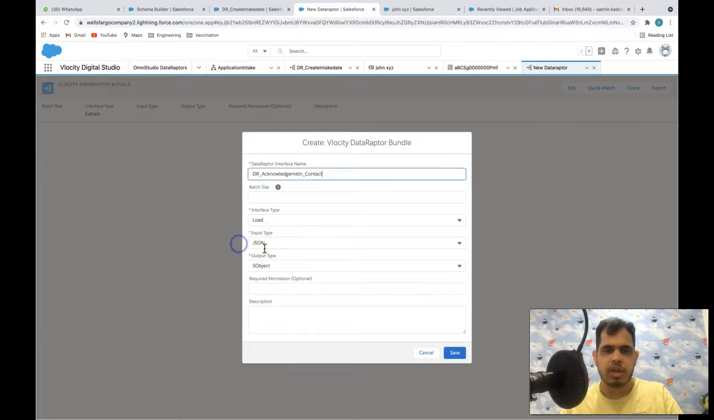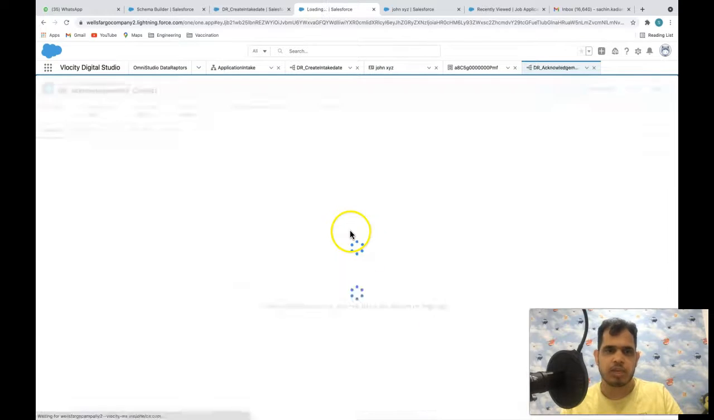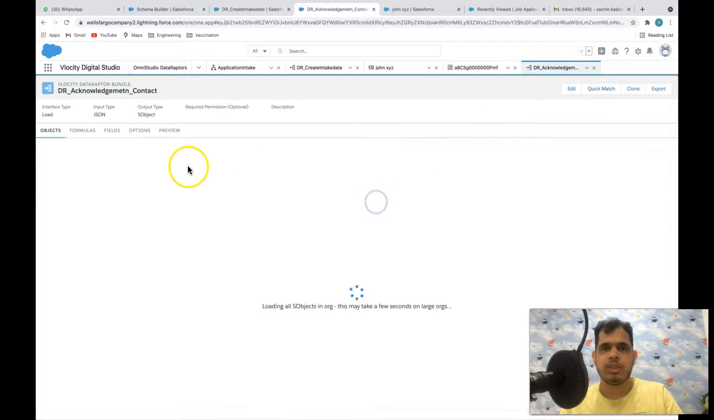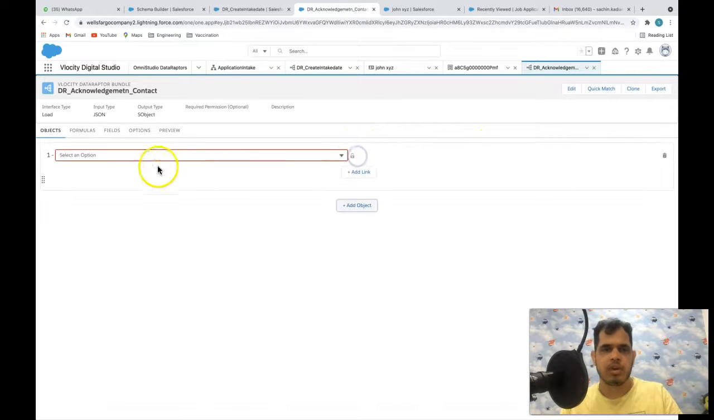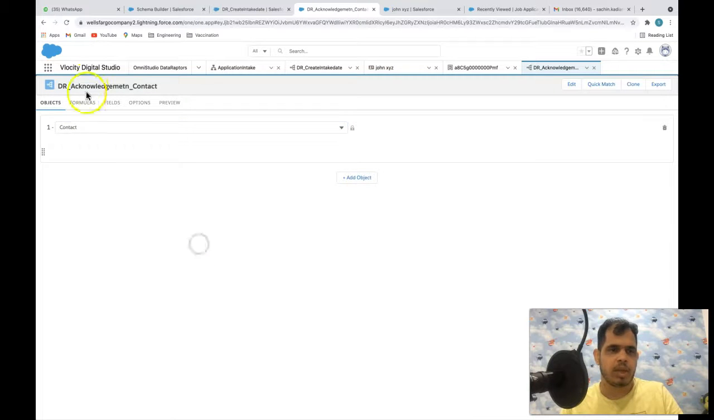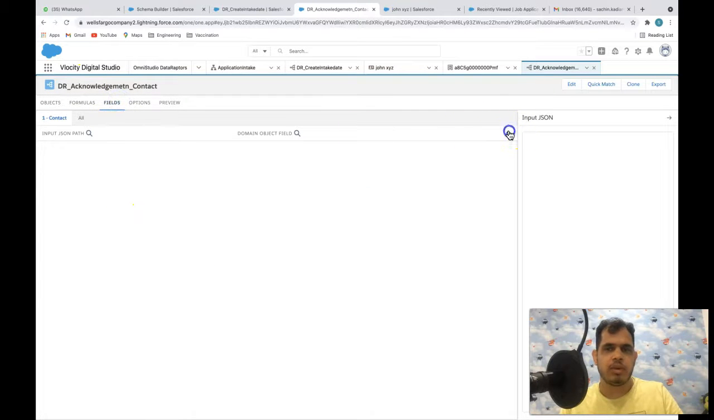And it will accept the JSON and it will return the S object, right? Now what I will be changing here is the contact object, right? So I will add the contact object here, okay? On the fields, what I will do is,